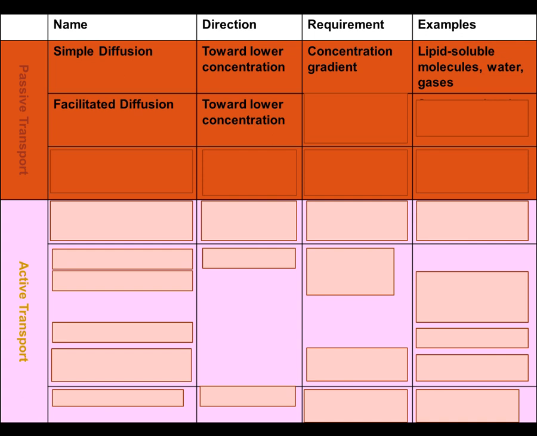So in facilitated diffusion, we still need the concentration gradient, but now I have the word carrier, that's a transporter. Molecularly, though, the transporter is a what? What type of macromolecule are transporters? Protein. It's a protein carrier. But that protein carrier doesn't need any energy. All the protein carriers do is form a channel